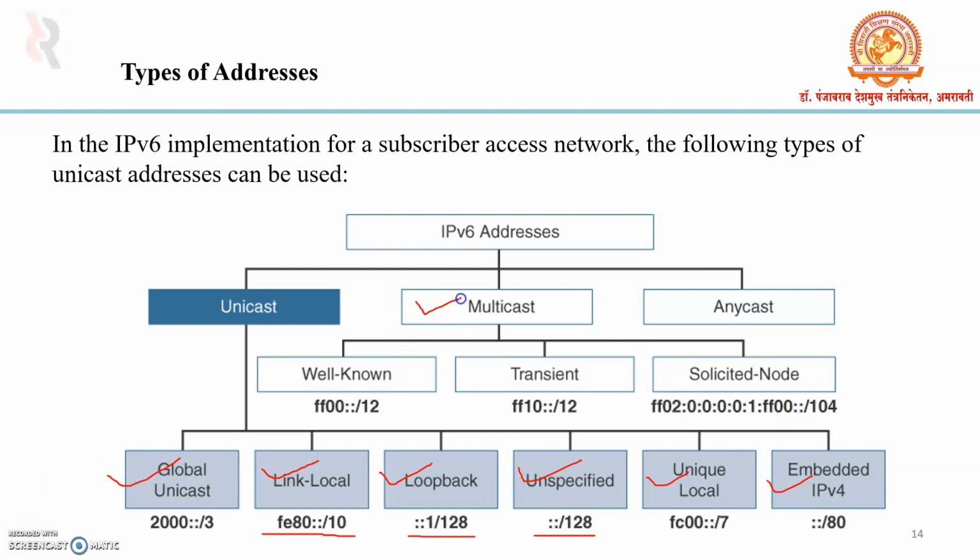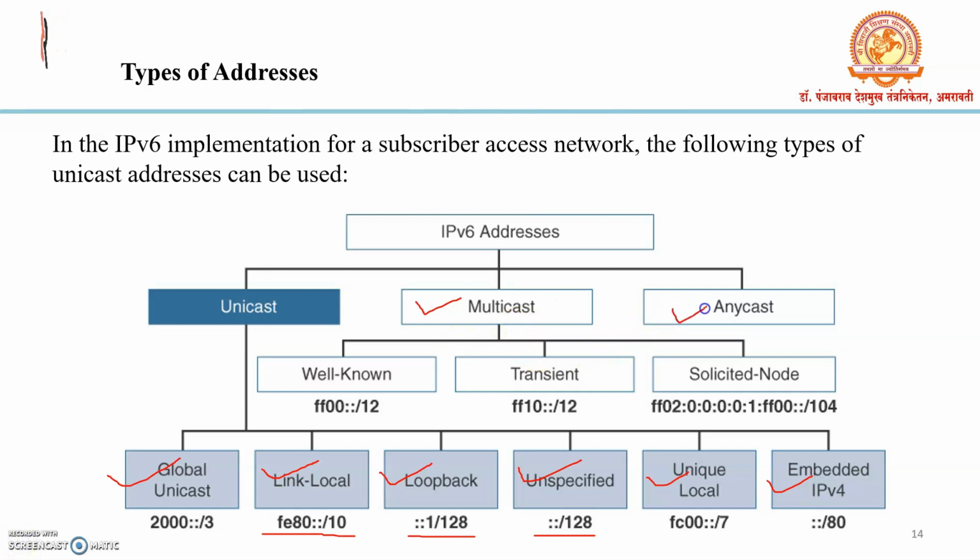Multicast address. An IPv6 multicast address defines a group of devices known as a multicast group. A multicast address identifies a set of interfaces that typically belongs to different nodes. When a network device sends a packet to a multicast address, the address broadcasts the packet to all interfaces identified by that address. IPv6 does not support broadcast addresses, but instead uses multicast address in this role.